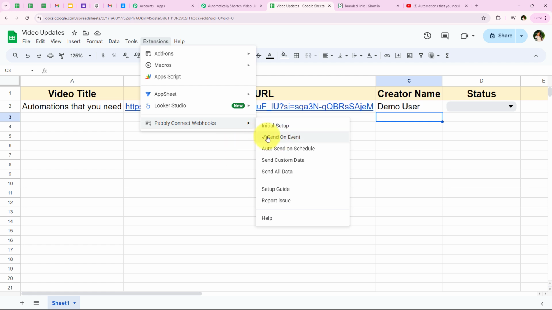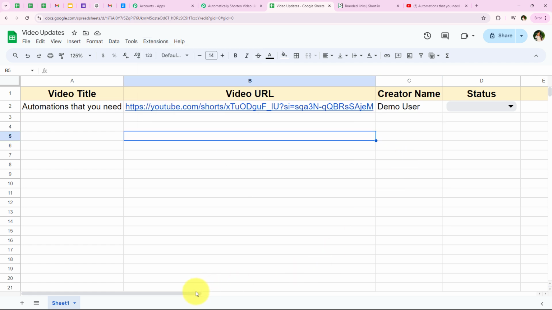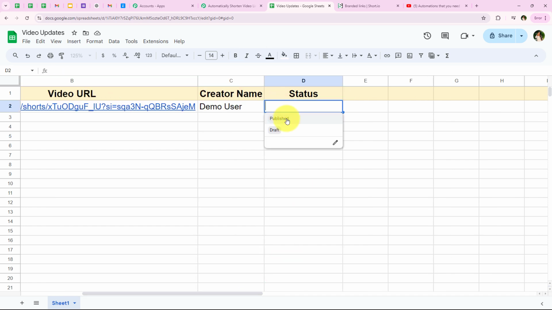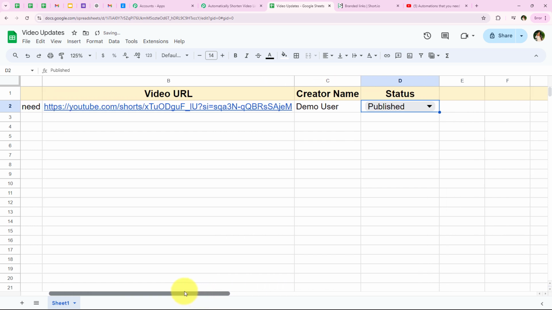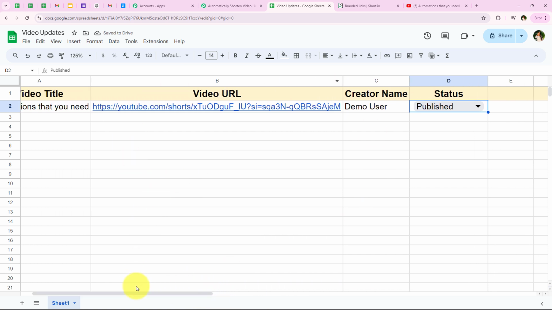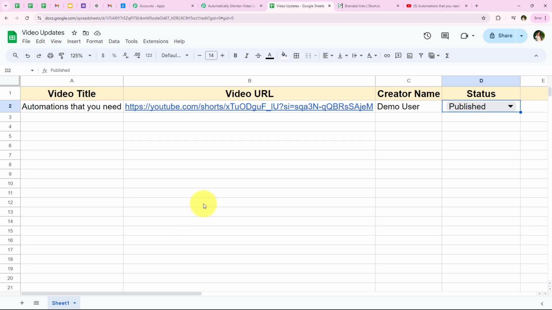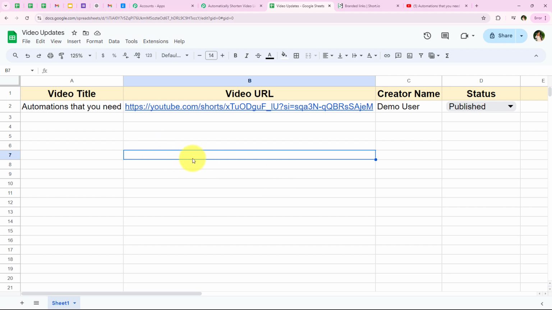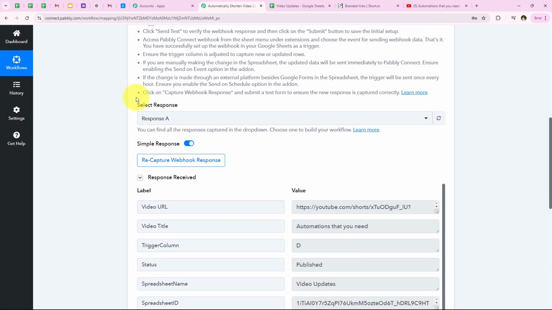So I've switched this button on right now, and now I'm going to change the status as published right over here. So I'm going to select it as published, and as soon as we keep the status as published, yes, we have successfully done this test submission. And now what has happened is that Google Sheet has sent the details of this test submission to our workflow. So I'm going to open my workflow and check, and yes, you can see that Pabbly has captured the